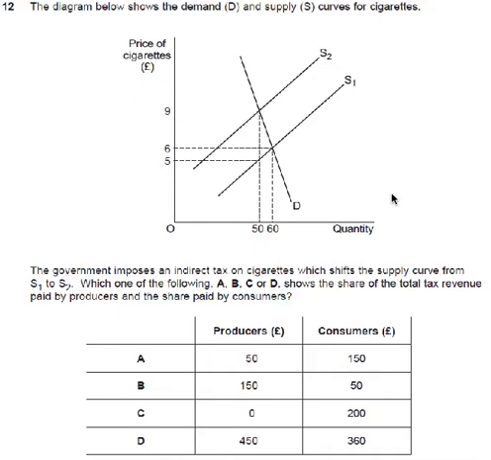This is June 2013 question 12. The question is, the diagram below shows the demand and supply curve for cigarettes. The government imposes an indirect tax on cigarettes which shifts the supply curve from S1 to S2. Which one of the following shows the share of total tax revenue paid by the producers and the share paid